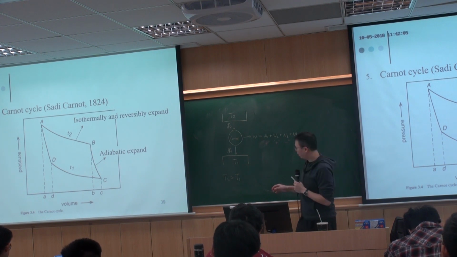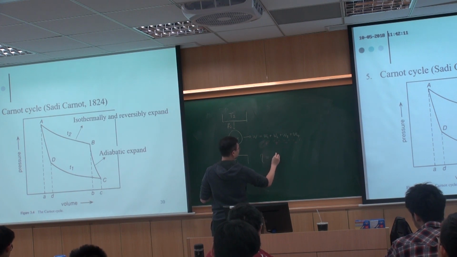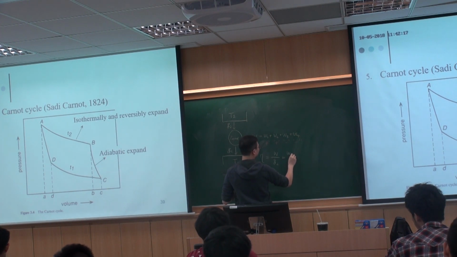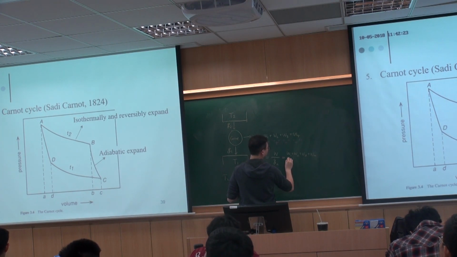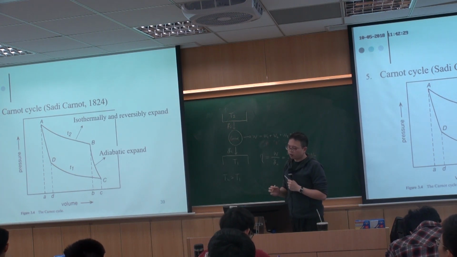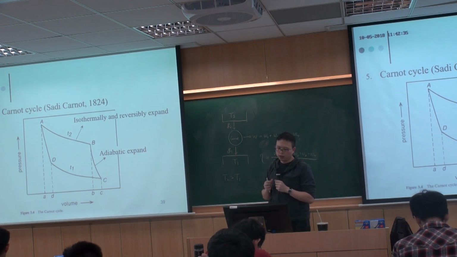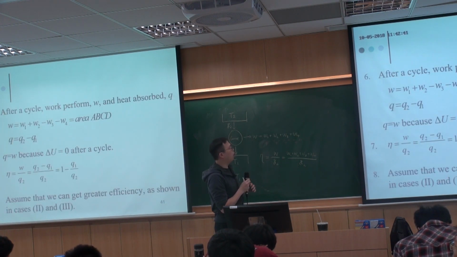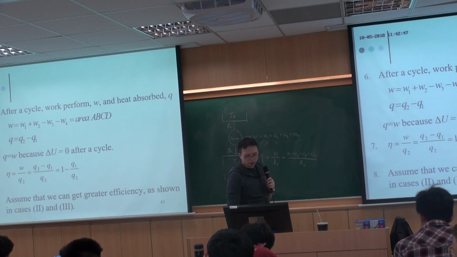So in order to calculate the efficiency, we know that the efficiency is work over Q2. So if we can calculate all these, and we also know Q2, Q2 is a number that we defined at the very beginning, then we can estimate how large this efficiency will be. So through the textbook, they try to estimate how large this area is within this cycle.